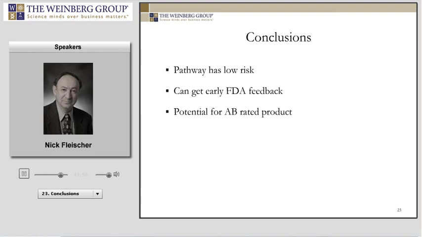So in conclusion, I just want to wrap up quickly here that the 505(b)(2) NDA pathway is a low-risk pathway. And the reason I say it's a low-risk pathway is because of the opportunity to interact with the FDA all along the process and get feedback. And it's not like submitting your application as an ANDA and just waiting to hear, getting your deficiency letters back and resubmitting an amendment and waiting again and taking a long time and not having the opportunity to dialogue with the FDA along the way. As I said, you can get early feedback from the FDA.